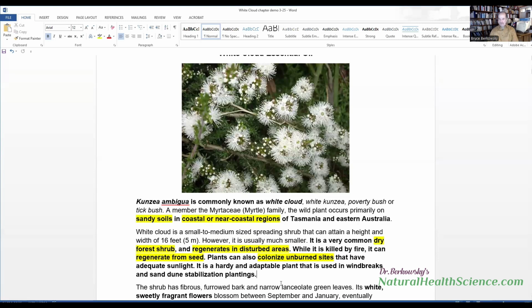And so you will see this plant has this animal quality of colonizing various sites, of moving, of migrating and taking over. But what does it need in order to do that? It needs adequate sunlight. So here we have the connection. In order to do this, it needs light. It needs brightness. And what is brightness? Brightness is yang. Brightness is yang and darkness is yin.